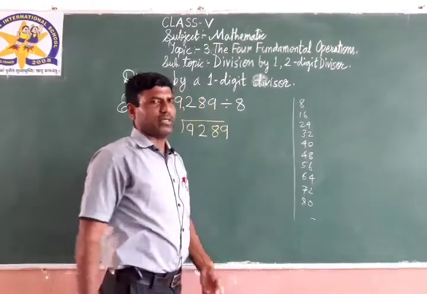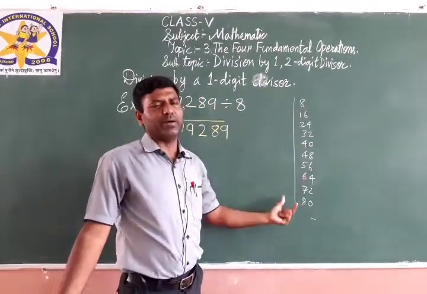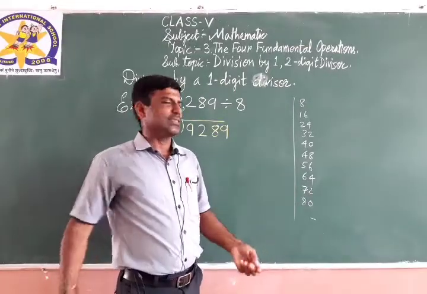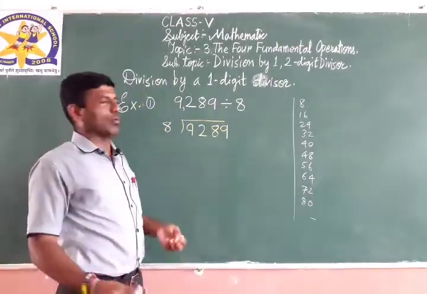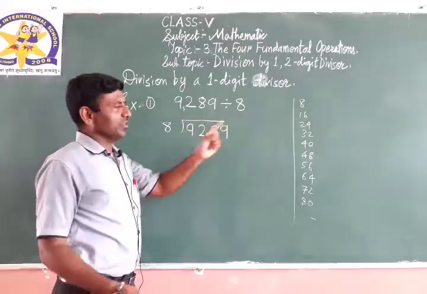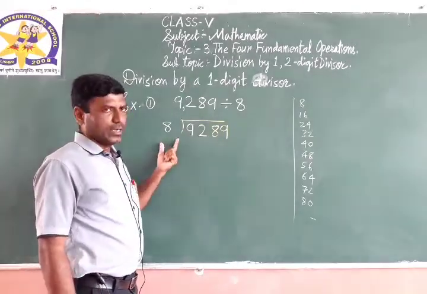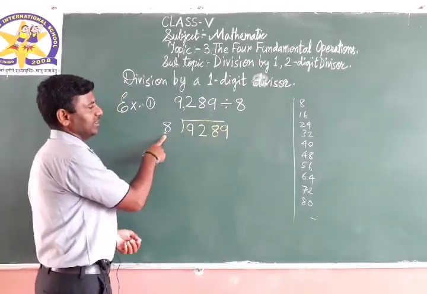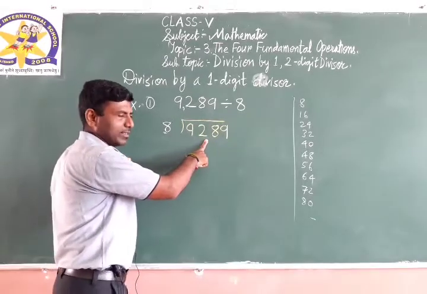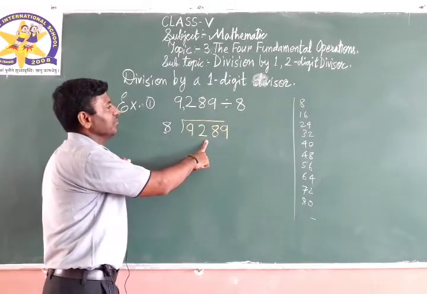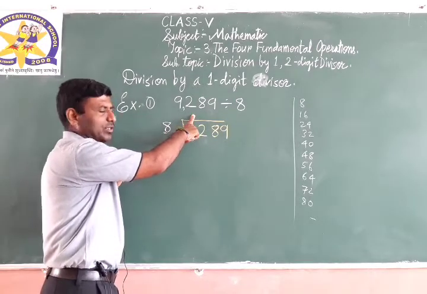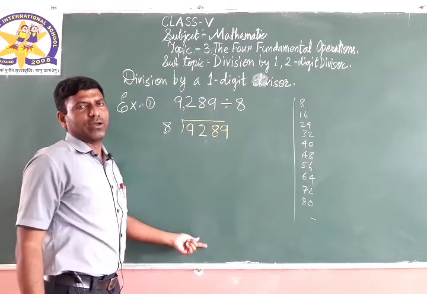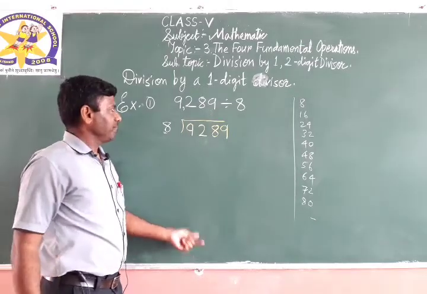If you are having a problem, then you have to write the table at your right side with pencil. It will help you. Okay, right? And if you learn it, then no problem. Now see, this is a one digit divisor. We know that this is called the divisor. This is the dividend. Yesterday we saw in the previous video, whichever answer will come, we call it a quotient. The unsolved part downside we call a remainder, right?